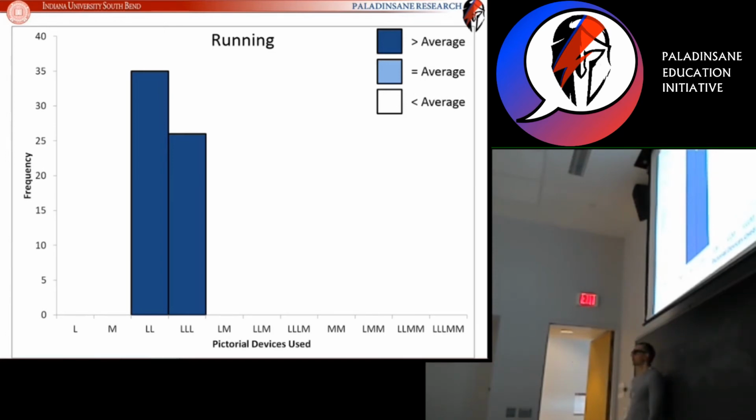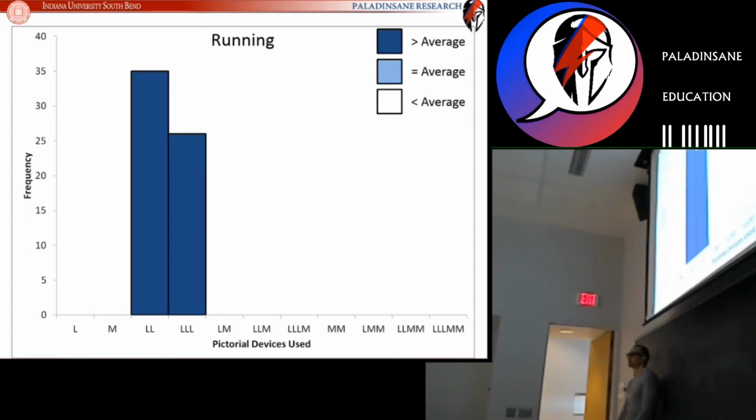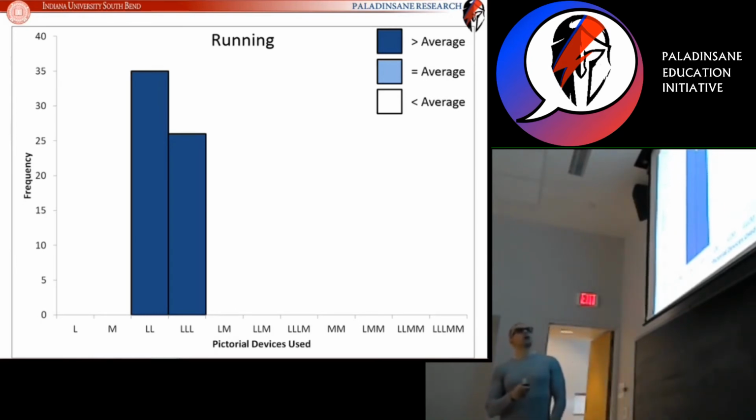Those are combinations that were preferred by the artist, that were used way more often than we would have expected if these artists were just picking combinations randomly. The light blue ones are the ones used at an average level. That's what we would have expected if all of these categories were equally good at depicting motion. And then lastly, the white ones are the ones that artists avoided. These are the ones that artists have learned through their experience do not work as a communication.